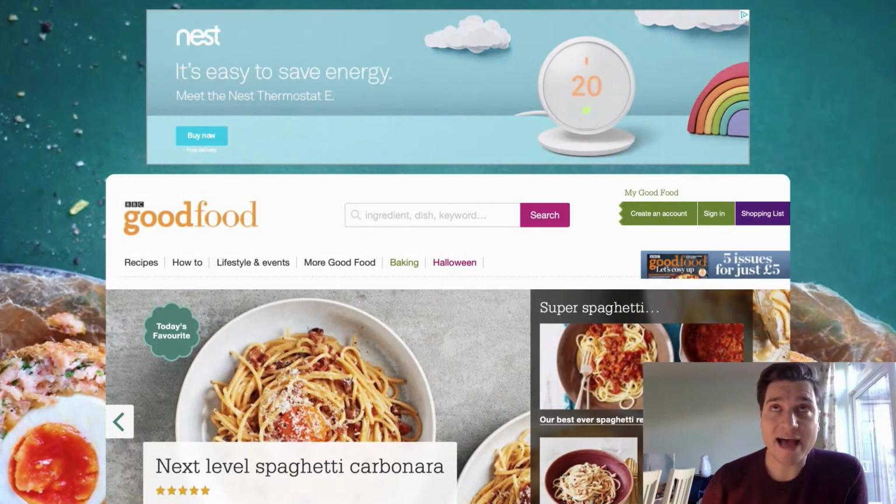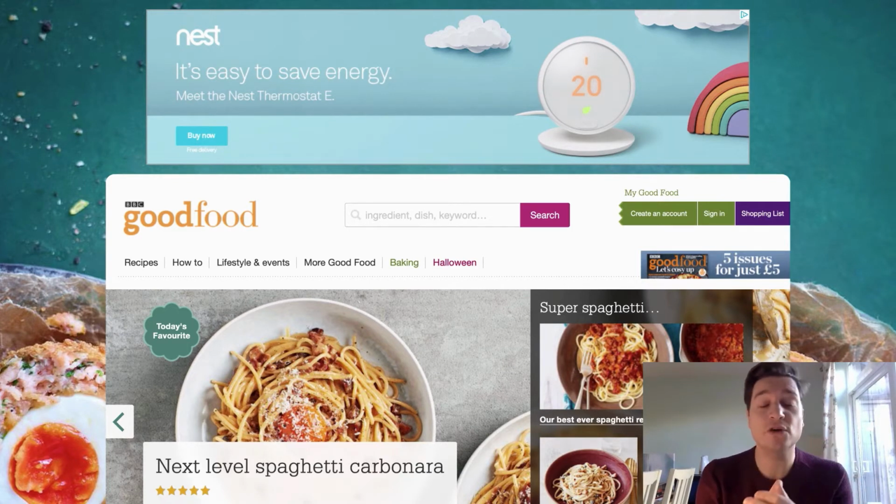Halloween is coming up and I'm throwing a party. I've got some friends who have some allergies, so I want to find some Halloween food that I can make for my friends that is good for their allergies. Now, their allergies are gluten intolerance and a nut allergy, so quite common ones. I'm going to use the BBC Good Food website to see if I can find the recipes. So let's do a usability test on this.